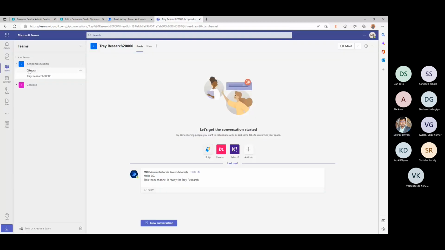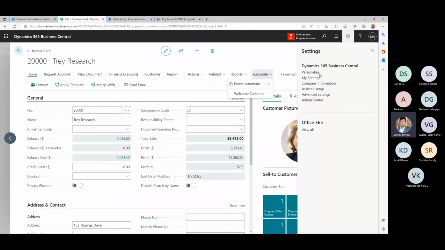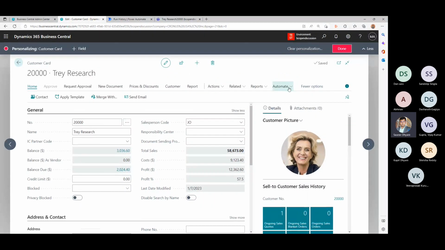So this is a manual flow which you can trigger from this window. You can use the personalized option as it is, or the design option on the page. You can also move these actions to a different area. That's all allowed at this moment. So you can just drag this, and if you think it fits somewhere else correctly, you can just place it under that menu. Come on, I was able to do it yesterday.